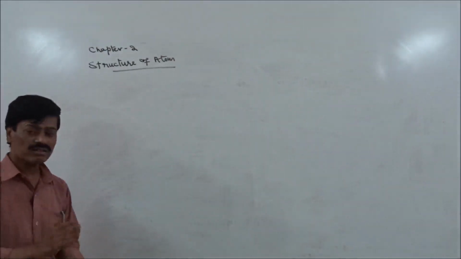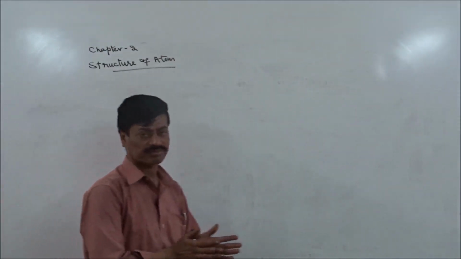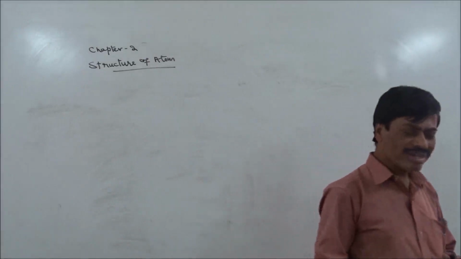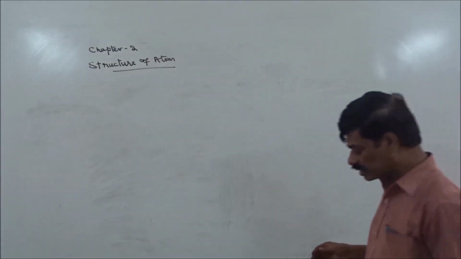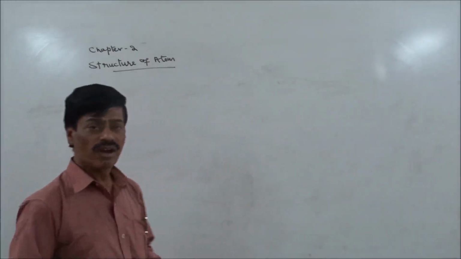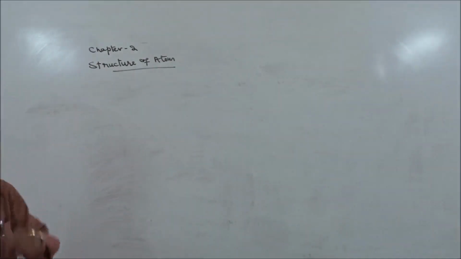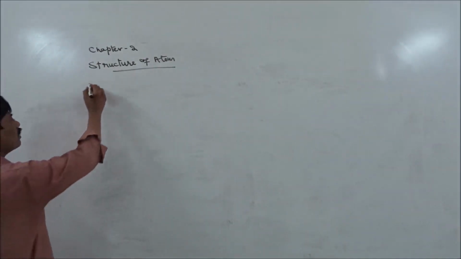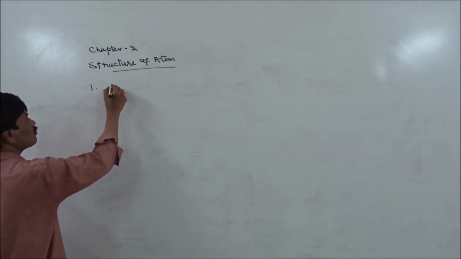The anomalies of Niels Bohr's atom were corrected by incorporating two developments. What are those two developments? Let us see. The first development is the dual